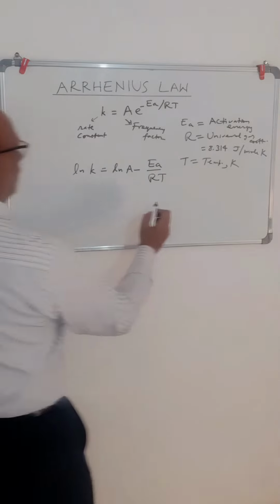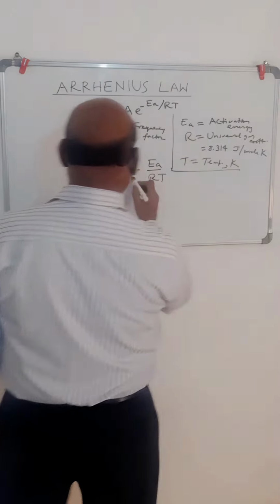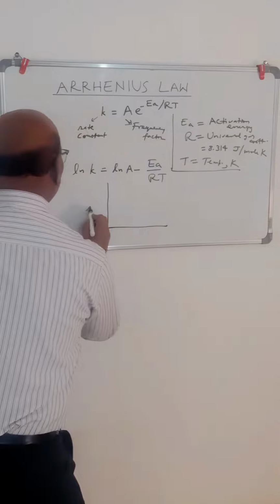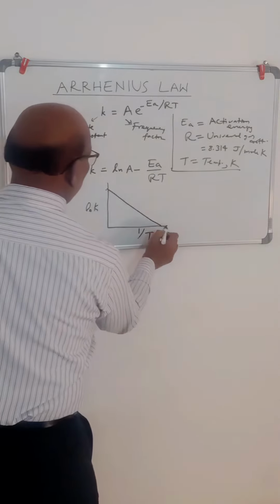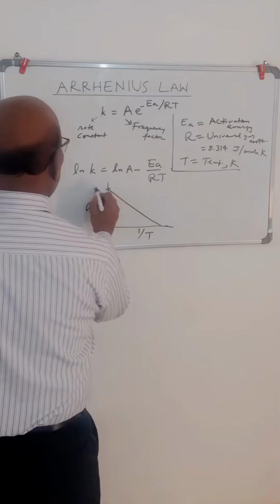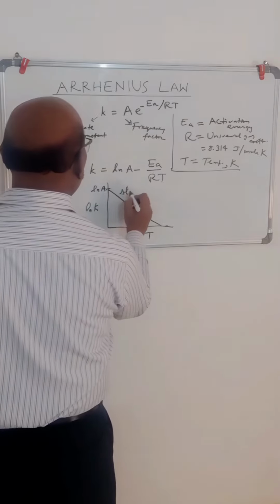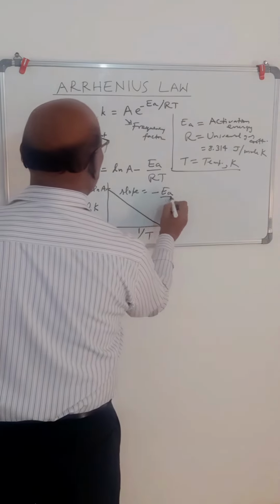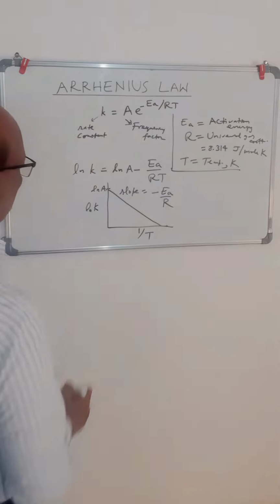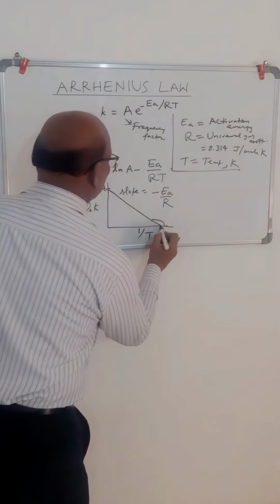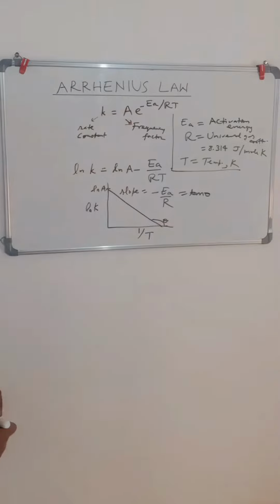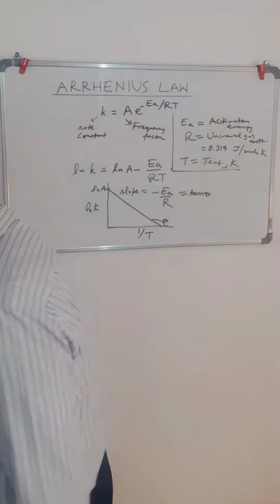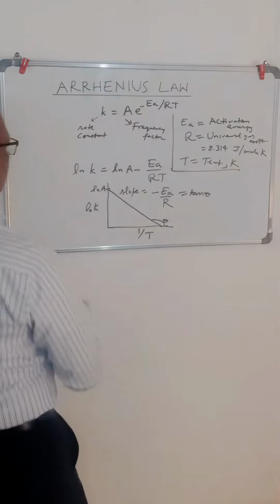Okay, so अगर हम प्लॉट करें, मान लीजिए if I plot ln k versus 1 upon T, then it will be a straight line with negative slope, and the intercept will be ln A, and the slope of this line will be minus Ea upon R. Okay, so suppose this angle is theta, then slope will be tan theta. Okay, so ये जो है इसका प्लॉट है।